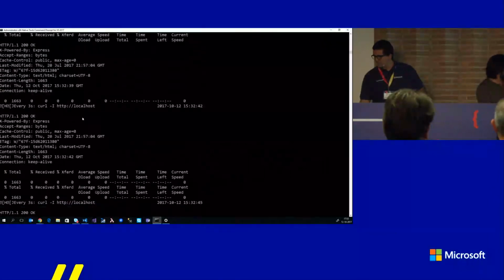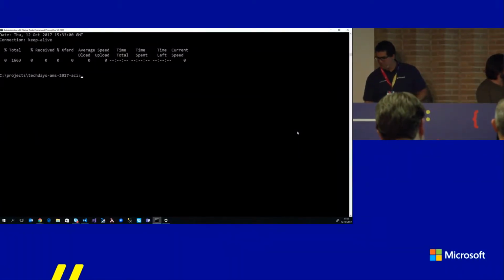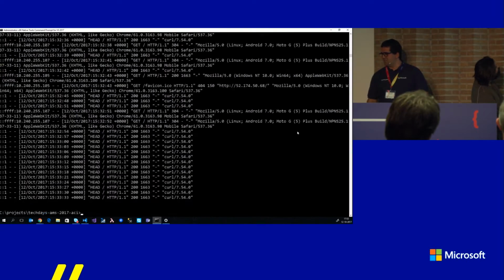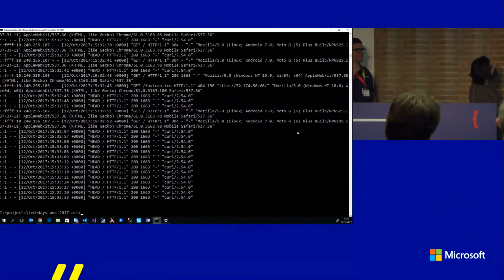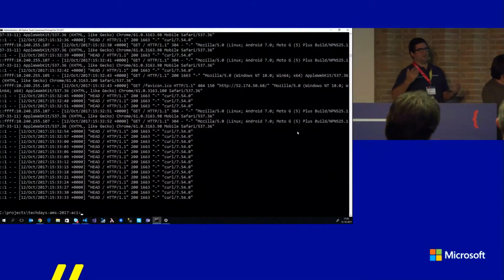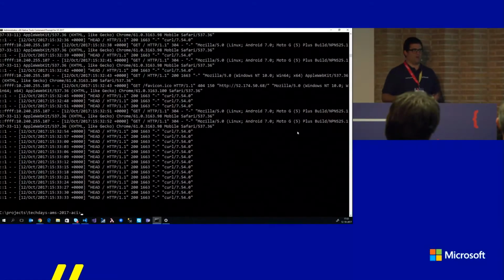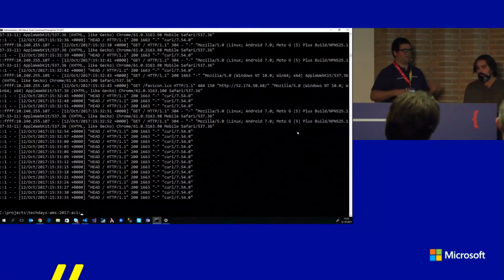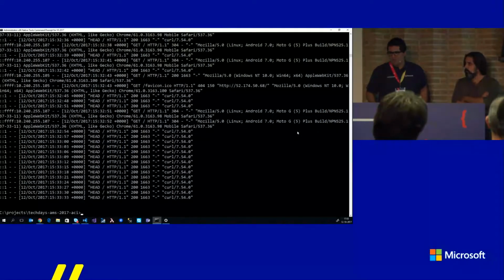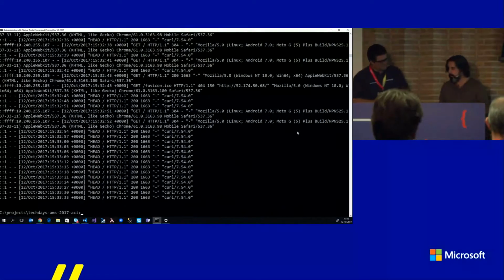And so what we can do also is go check the logs of the other container. So tutorial app. And as you can see, every 3 seconds there's a hit. You can imagine scenarios like, okay, you have a web app, a front end, and then you have the API that is sort of the back end of your app, and you can have it running on Azure Container Instances. Yeah, so back to you, Alessandro.